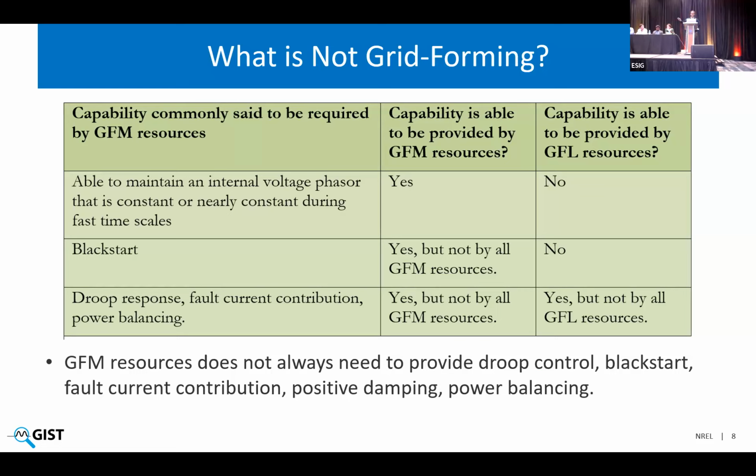They are more steady state phenomena. Like we don't expect nuclear units to provide a droop control or primary frequency control. We don't expect all synchronous generators to be black start capable, but they are still all grid forming devices. So the point is that from the grid forming resource to provide the grid strength, we are really looking for this voltage source behavior.